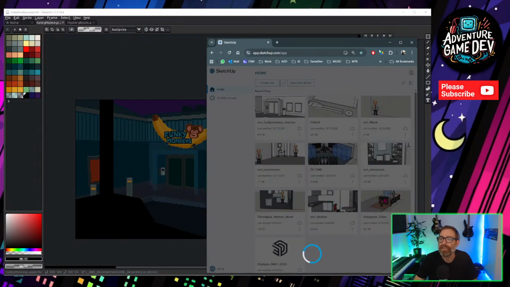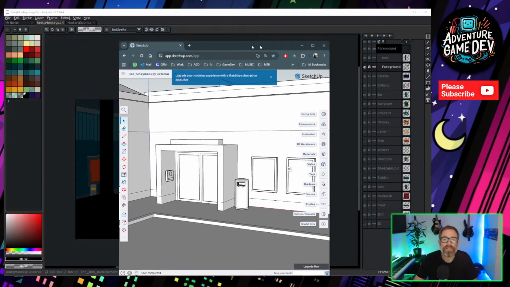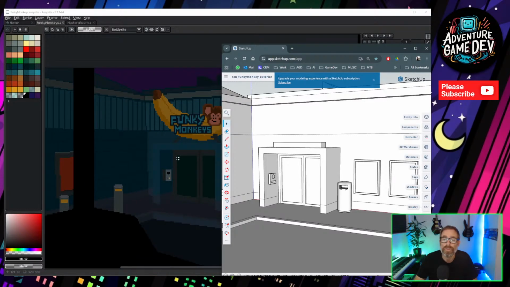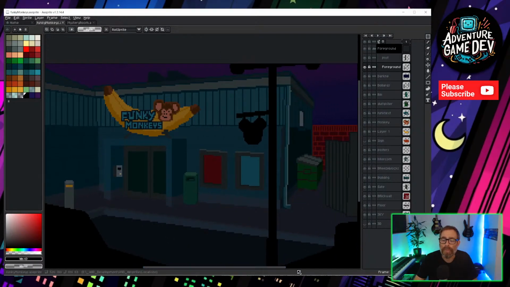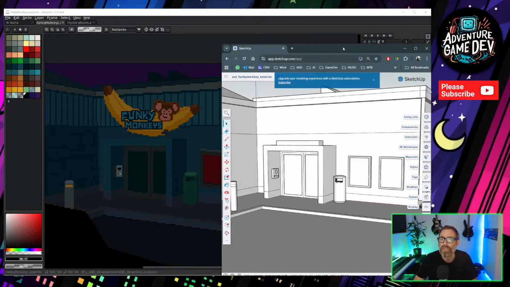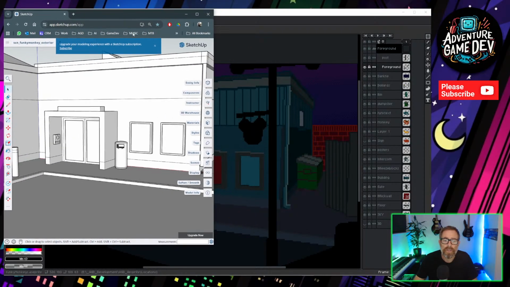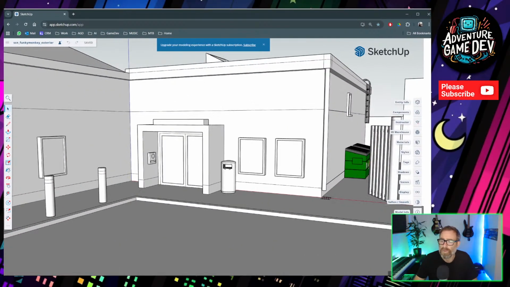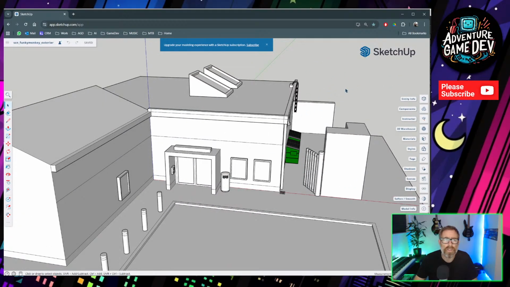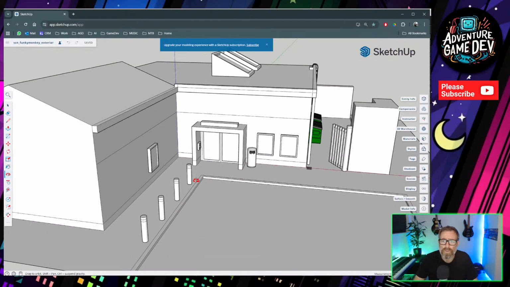I'm going to load up this scene, so hopefully you can see side by side here. If I just zoom in a little bit. This is the 3D scene, and that's once I've drawn over it. So if I bring this up full screen, really good tip, and I've mentioned this before on a couple of live streams as well: SketchUp is completely free. If you go to app.sketchup.com, there's an online version of SketchUp, which is really, really powerful.